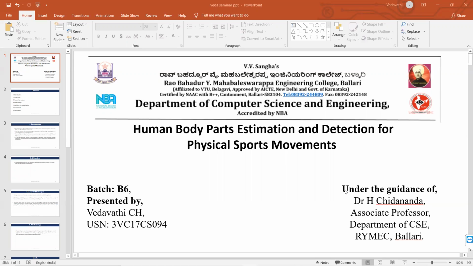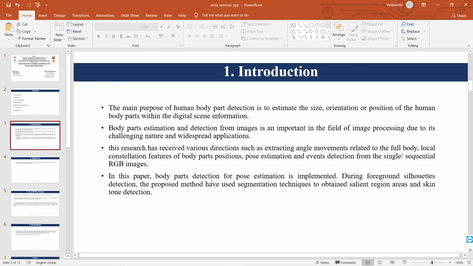Sir, I'm Vedavathi. I'm doing the seminar on human body parts estimation and detection for physical sports movements. The main purpose of human body part detection is to estimate the size, orientation, or position of the human body parts. Estimation of various body parts of the human from an image is critical for several model-based systems and body